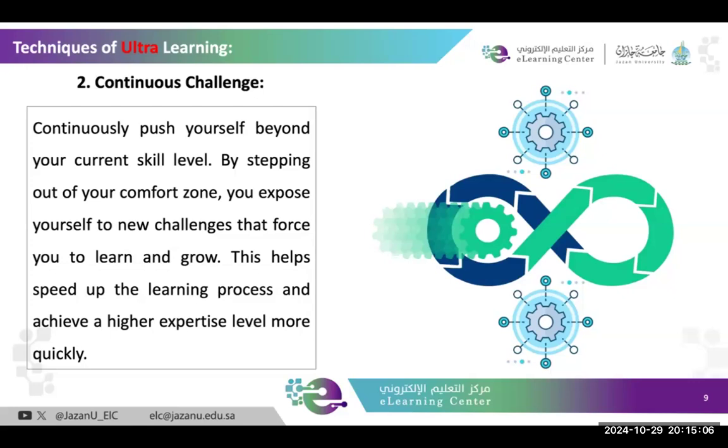But out of 10, 9 sit and keep silent. Only one tries to do something new. The one who is inside the activity is pushing themselves to do something differently, and sometimes once you come out of your comfort zone, you feel there is definitely diversity over there. You might receive a hard time, but the one who comes out of the comfort zone can gain a lot of learning abilities that can be put to use in academic activities. So continuously pushing and taking challenges is also part of the ultra learning environment.